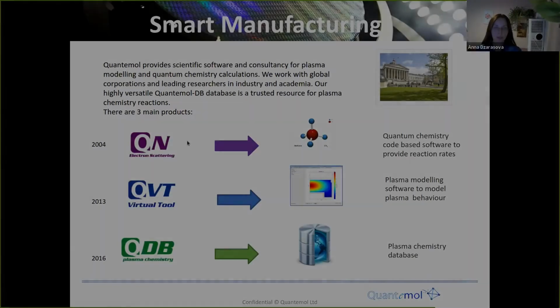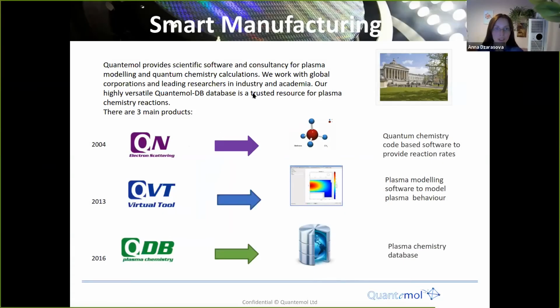So just a very brief introduction on what Quantemol is actually doing. We are a spin-out company from University College London, and we were founded in 2004. The business idea of Quantemol is to provide user-friendly interfaces, we call them expert systems, which help people to operate complicated codes which were developed in academia, but perhaps do not have a lot of user-friendly interface. And in this way, enable this kind of knowledge transfer